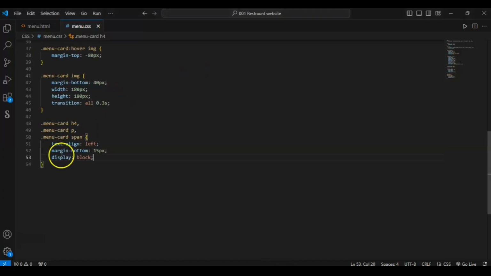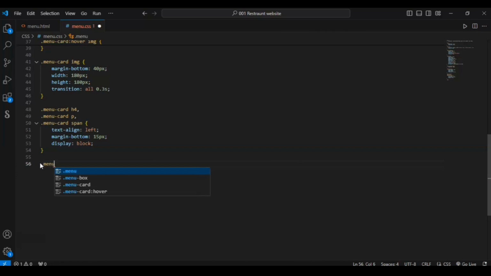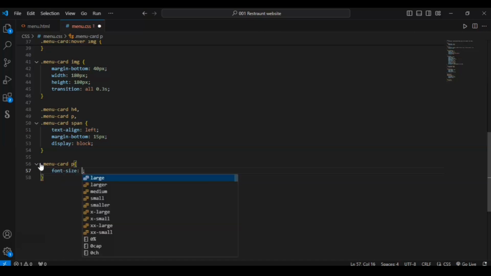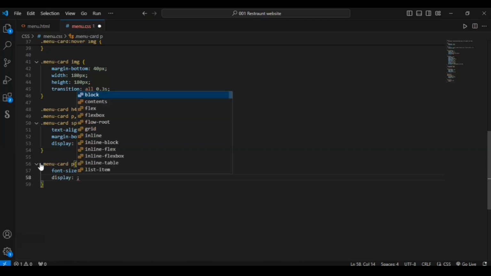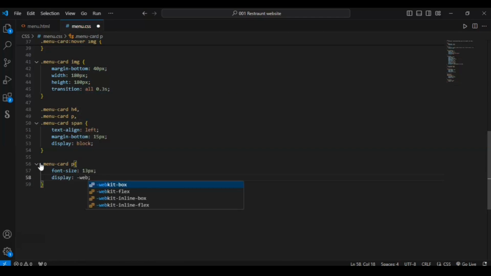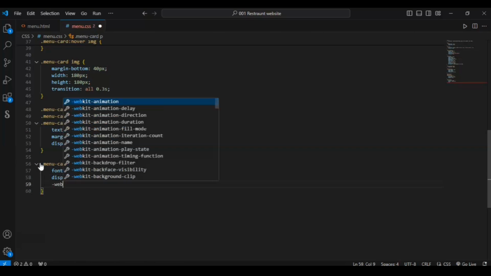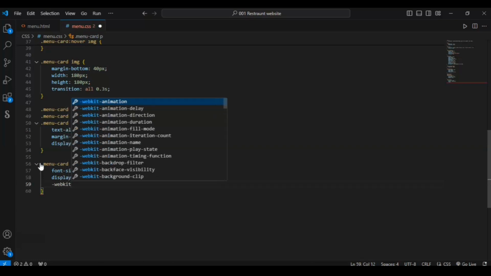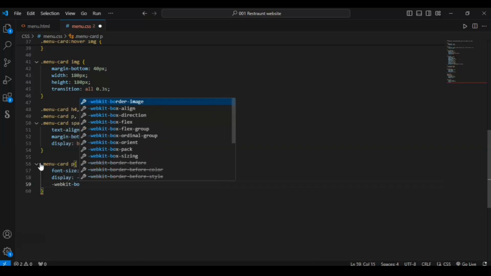Now we are targeting menu card paragraph, font size set to 13 pixel, display WebKit box. Okay, I will tell you why I am using this and what this is. Okay, WebKit box orient,